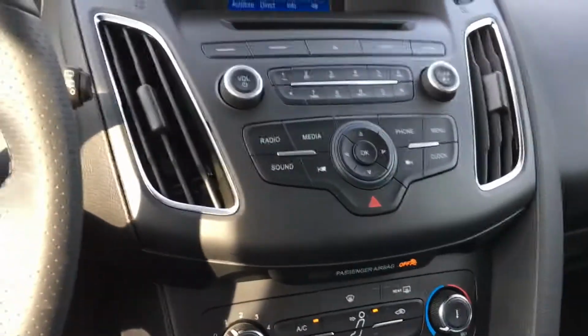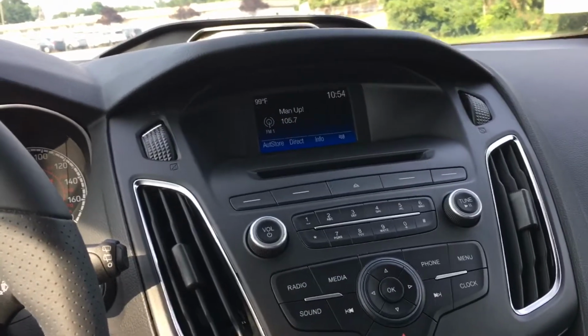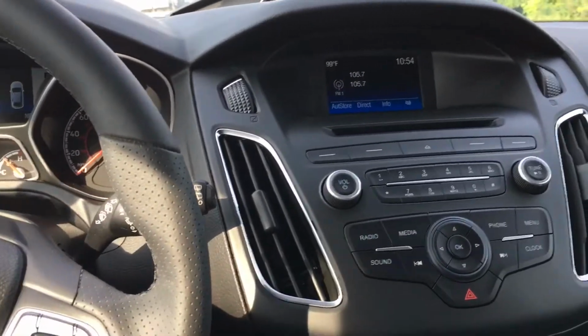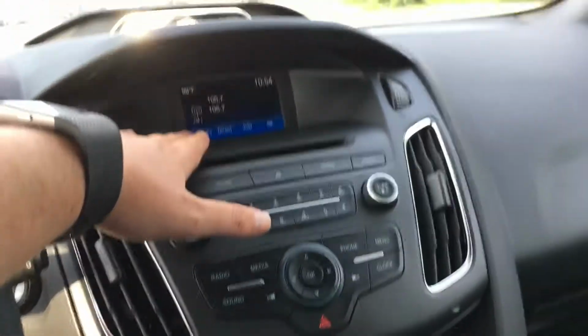Then it also comes with your Sirius XM radio and then the Sync 3. So if any of you folks watched that Black Ops F-150 video that I put up, where I went over the Sync video where it has the Apple CarPlay, Android Auto, all those extra great features that you can get inside the vehicle, it's going to bring those and it's going to replace this with a bigger screen